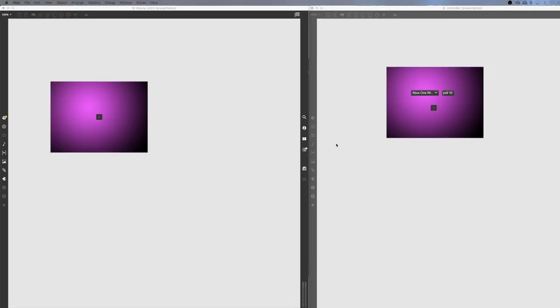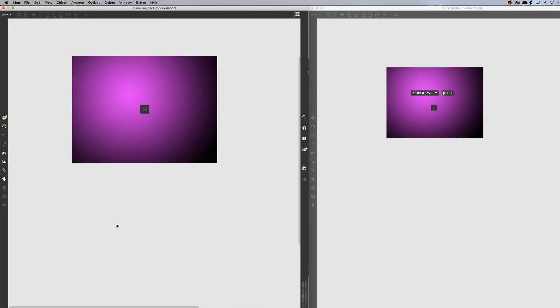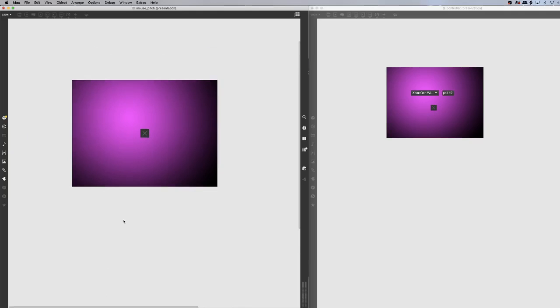So I have my chapters 7 and 8 patches here. On the left is the mouse controlled synthesizer type patch. So if I go ahead and just press this toggle,